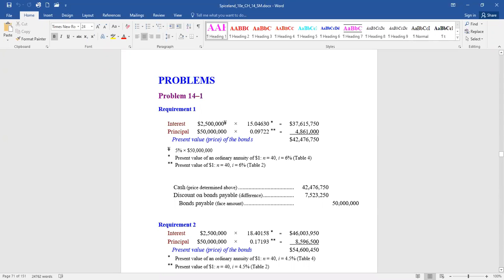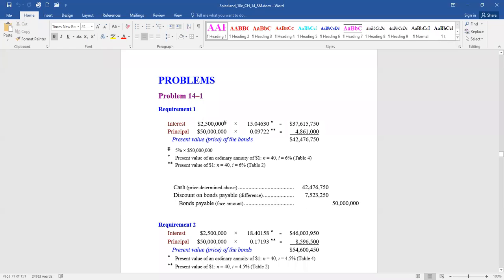$46,003,950. We do the same thing with the $50 million principal. What's it worth today? N is 40, I is your 4.5%. Use the present value of one table for that because it's only one payment. The interest is every 6 months. There's 40 payments of it. So you get the value of that there of